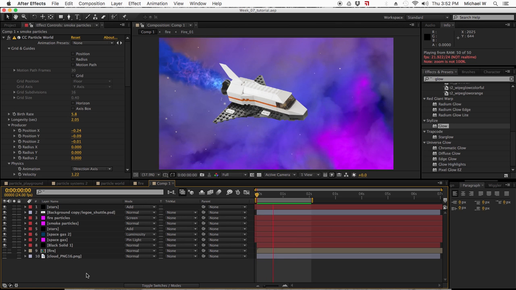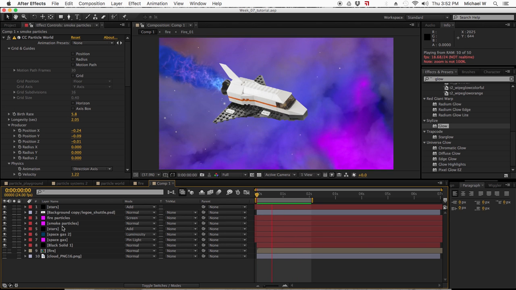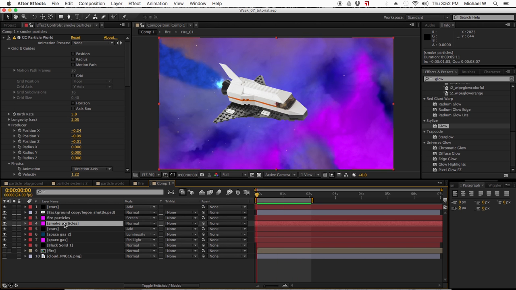So again, like I said, you're going to have to combine multiple layers of particles to get the look you want most of the time, because the smoke is going to use a different type of physics and velocity than the fire. The fire is going to need a different type of blending mode. I'm going to show you what I mean real quick. The smoke particles,